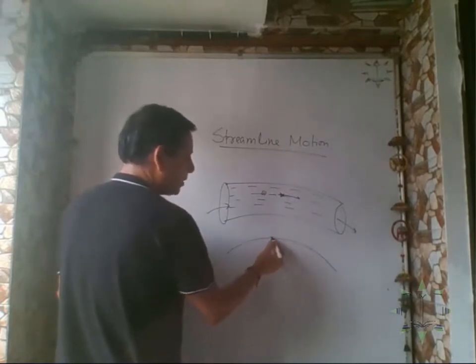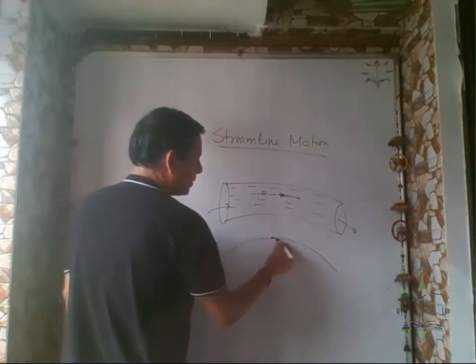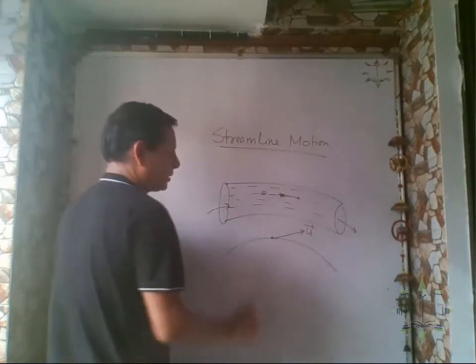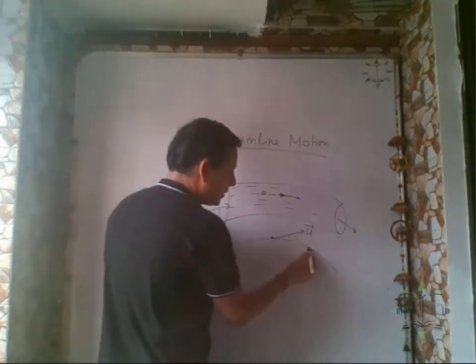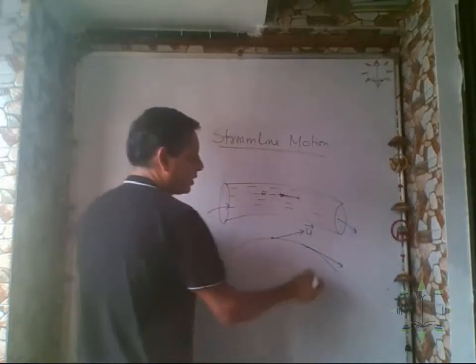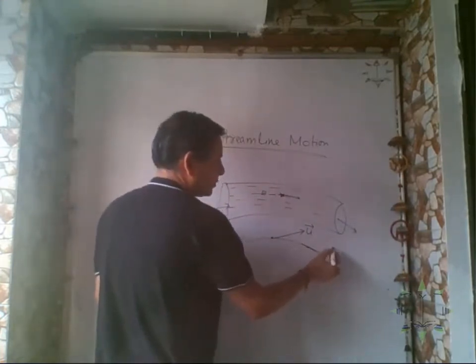अगर पार्टिकल यहाँ पर है तो इसका वेलोसिटी ऑफ फ्लो कैसे होगा, इस कर्व के ऊपर आप टेंजेंट ड्रॉ करो. So this will give the velocity of the particle. If the particle is here, so if you draw a tangent here, you will get the velocity. Okay,